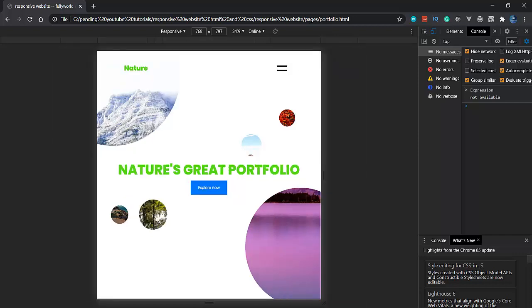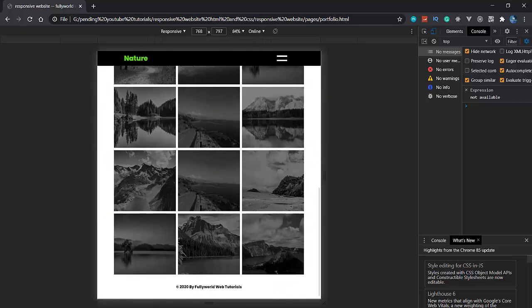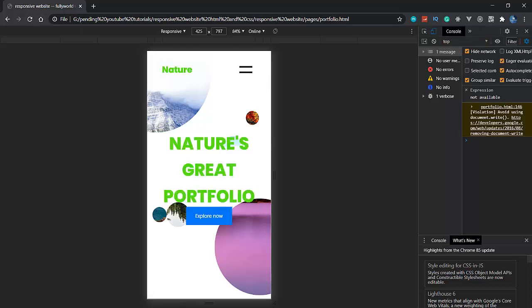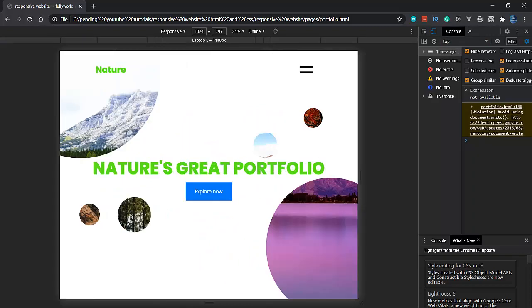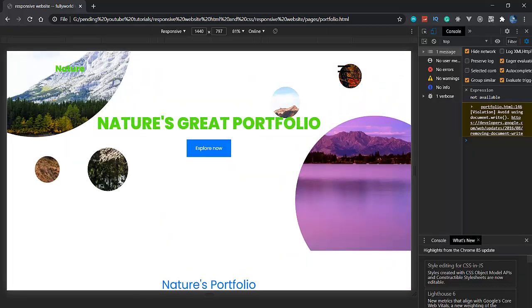I haven't refreshed the page, so that's why this is happening. Let's go to 1440 pixels, it is good. Let's move further. At 1024 pixels it is also looking good.